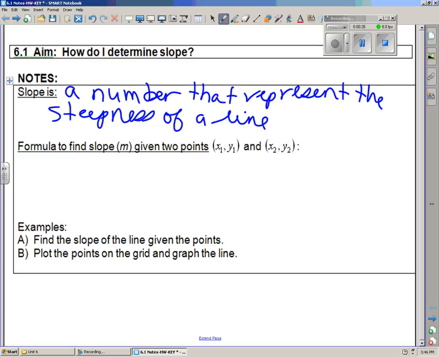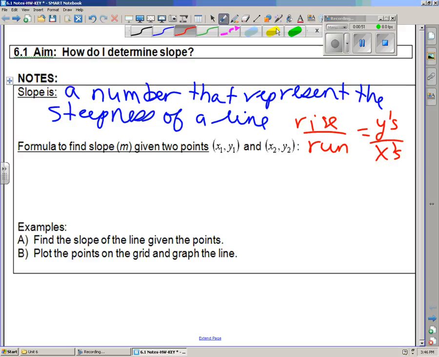Okay, and then we tend to call slope rise over run. You might have heard that before. If you think about the rise and the run on a coordinate plane, the rise happens up and down the y-axis, and the run goes left and right across the x-axis. So when we talk about the formula to find the slope, whose variable is m,